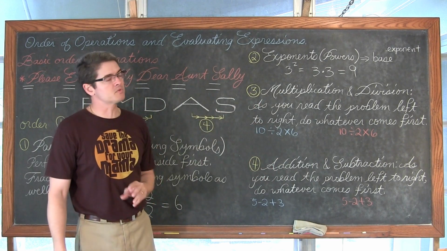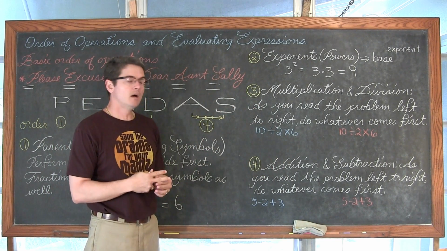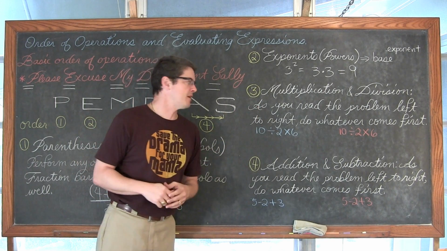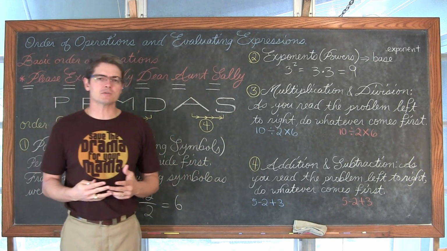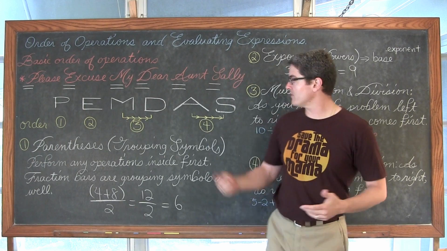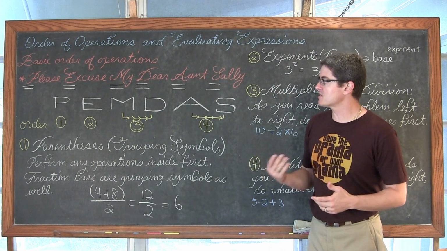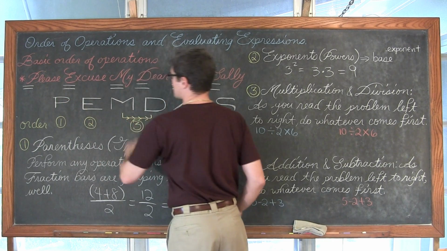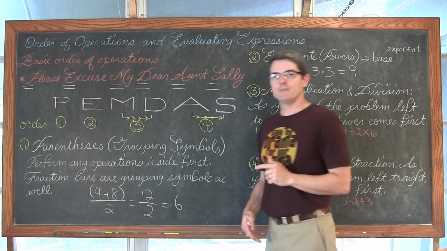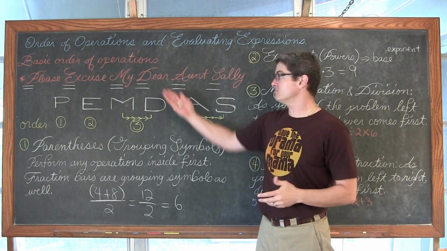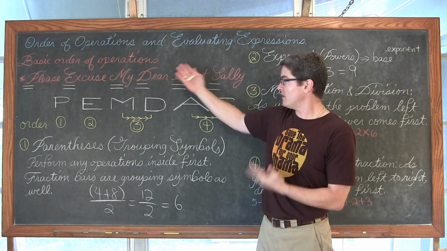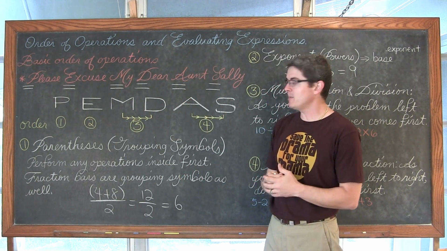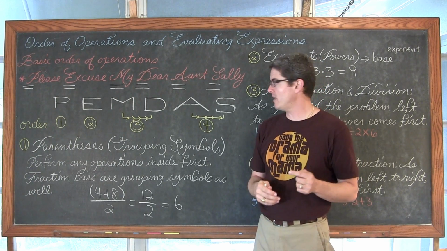Now here's where some students and adults even get messed up a little bit. Multiplication and division. As you read the problem left to right, whatever comes first. See, we have to say all these words individually. You know, please excuse my dear, or the order of operations is parentheses, exponents, multiplication, division. That's just like the way we generally say it, and maybe part of it is because of this sentence, or PEMDAS just falls off your lips easily, but you don't multiply before you divide.